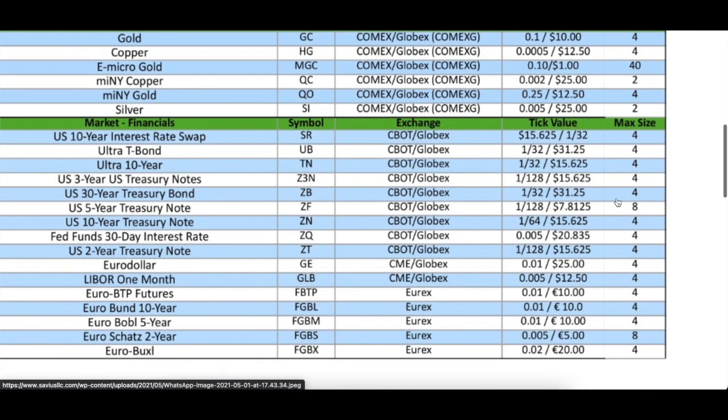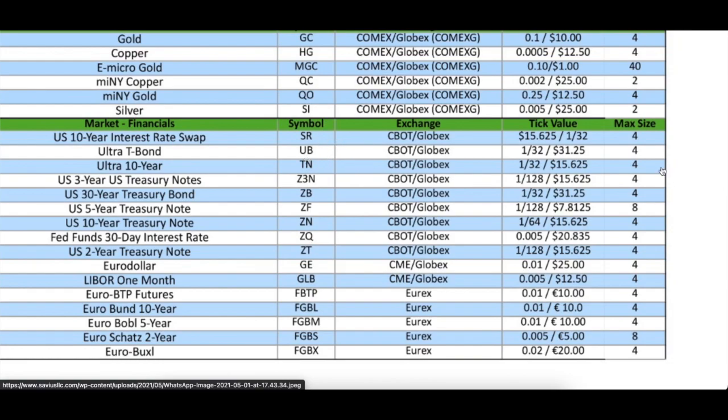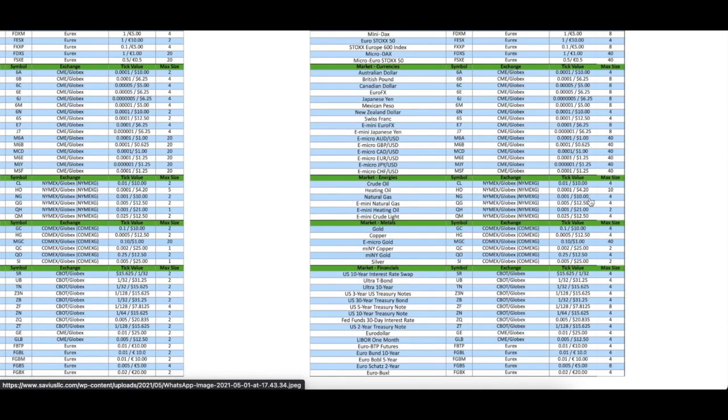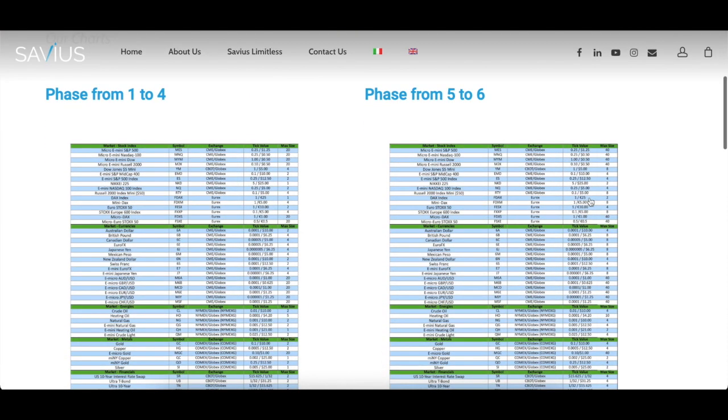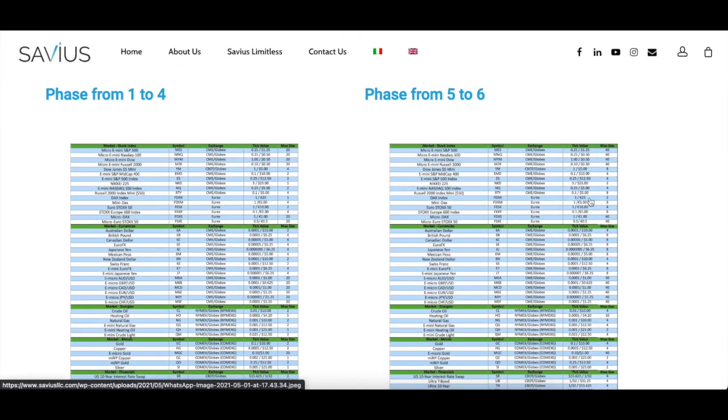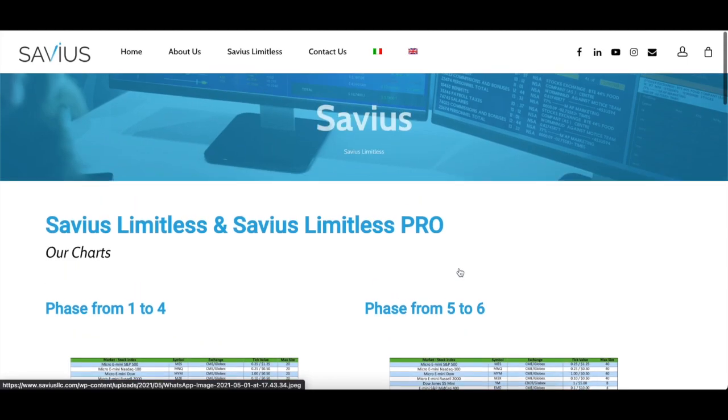I assume it's the same. Ultra Bond is 4 and 30-year is 4. It's still honestly not a big amount in a normal, and again, when I say normal, I mean the other programs that I often talk about. A 50K account, you're usually allowed to trade 5 or 6 contracts. So when you have to wait till phases 5 and 6 to only trade 4,